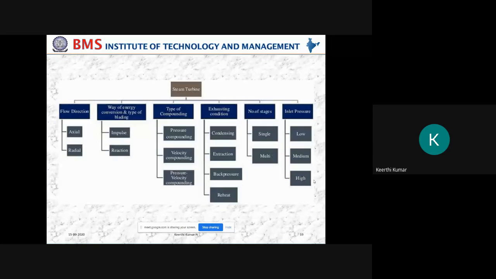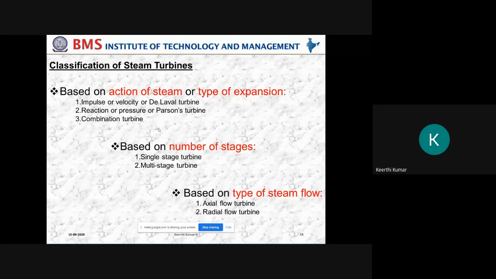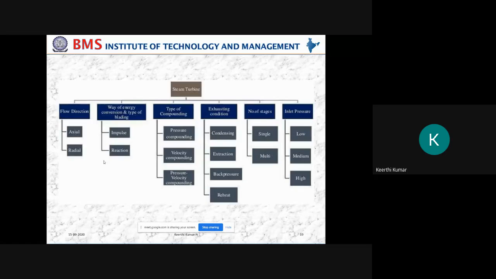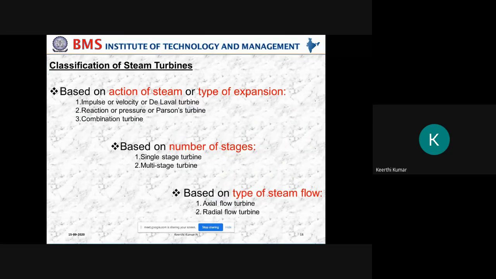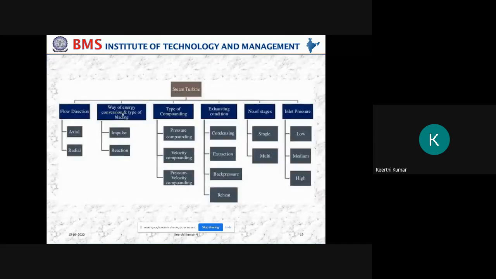Like this, we can also draw the chart and you can remember. This is easy to remember. What I showed earlier, you have to read out two to three times. But if I see this chart, it will be easy for remembering, and you can put the same thing in the form of sentences in the examination. Always, graphical representation is easy for remembering. So I have included this figure. But you should not write this way in the exam. If they ask you to classify the steam turbine, you're supposed to write in the form of sentences only: under the action of the steam, first one, second, third. This is only for better understanding, and you can easily remember this way. So I posted it like this.